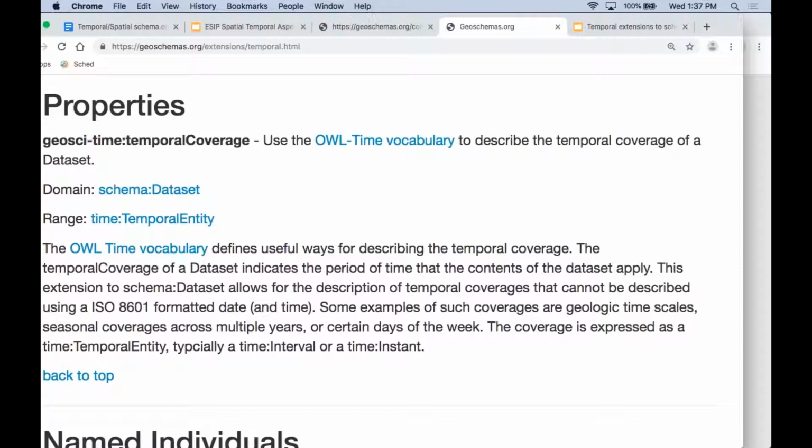Well, how does OWL-Time handle events, right? Since they're inherently temporal entities. If I put in an event, would it be implied that that time span is the time span of the